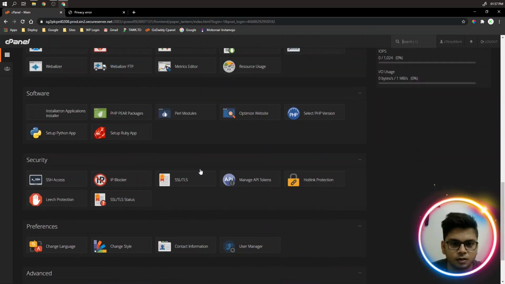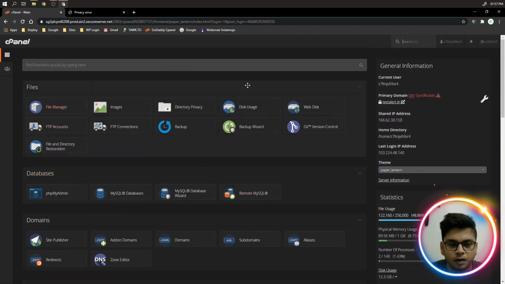Okay, so all the buttons or apps you are seeing here, these are all the parts of cPanel. cPanel is an interface which is used to talk to your server, because ultimately your server is a remote computer. To access that remote computer you would either need to learn coding, or cPanel is the interface between you and your remote computer that is alive 24/7. So this is the quick intro to what is cPanel.